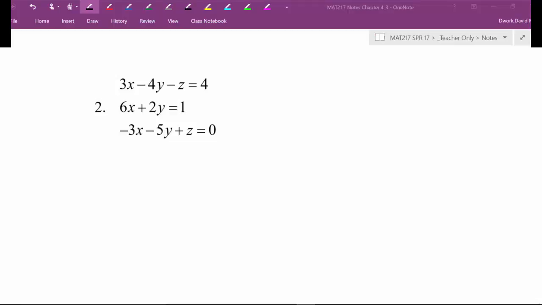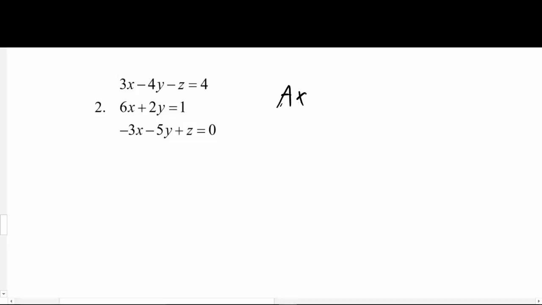Okay, let's run through a quick example just to make sure you got it before we move on. So first thing I want you to do is, if you think you can do the problem, pause the video, run through it. If not, first thing I want to do is just set up the problem in AX equals